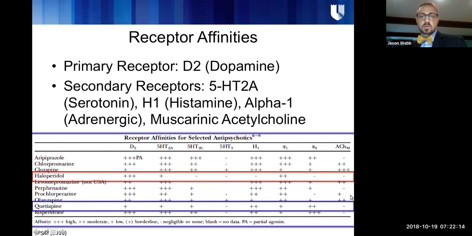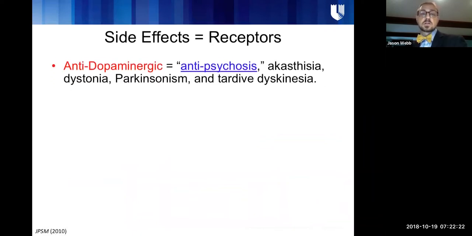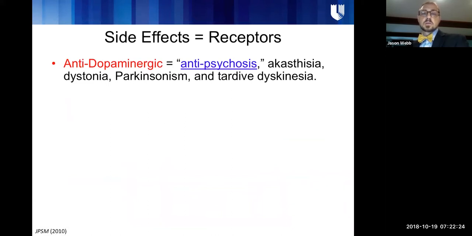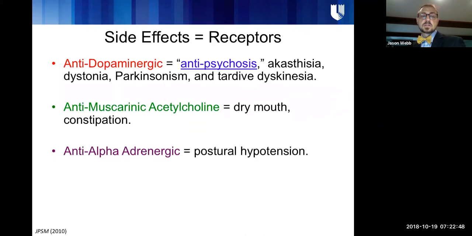And so why is this important? Well, the reason it's important is that the side effects or what these drugs do are different based on what parts of the central nervous system they target. So we oftentimes think of the dopamine blocking part of this as the antipsychosis, or the part that helps with hallucinations, delusions, agitation. It's also the problem with these medications around the other Parkinson-like effects in the extrapyramidal system. Again, akathisia, acute dystonias, acute muscle contractions, the Parkinsonism, tremors, rigidity, and the long-term side effects like tardive dyskinesia. It's also what leads to some dry mouth or constipation with some of these agents.